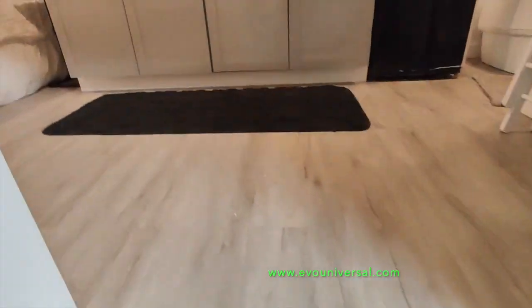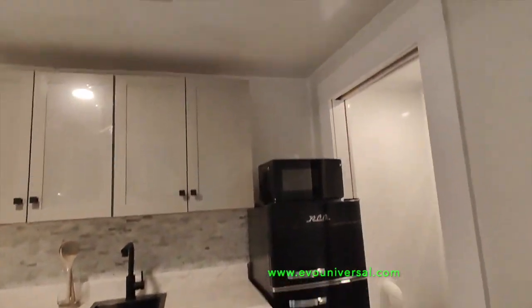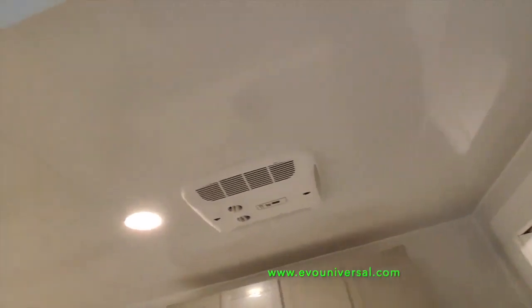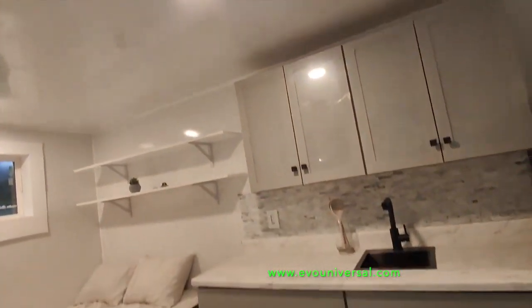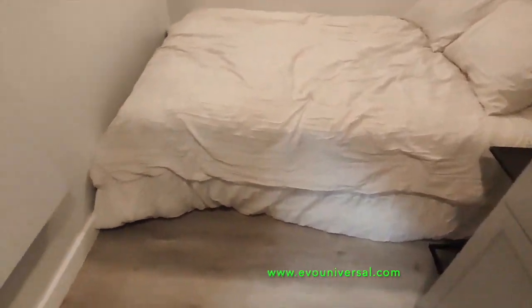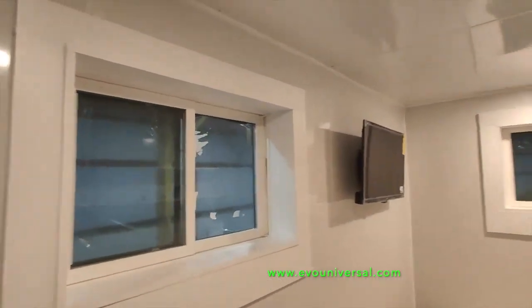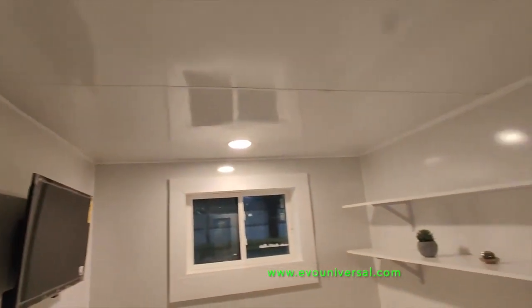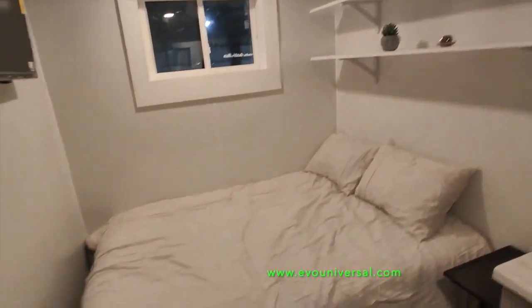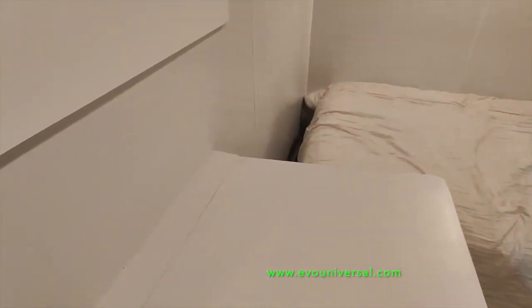The interior is well lit and spacious, with a full bathroom, kitchenette, and ample storage space. The home is heated and cooled by a mini-split system, ensuring maximum comfort no matter the weather. The exterior is finished with durable and low-maintenance metal siding, while the interior boasts a contemporary finish with high-end finishes and fixtures. The home is built to withstand the elements and is equipped with a rainwater collection system, making it